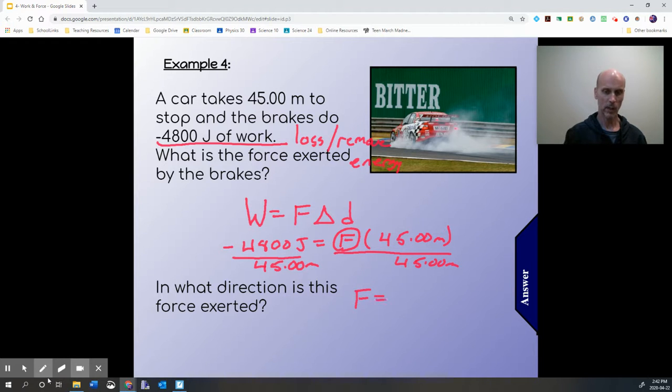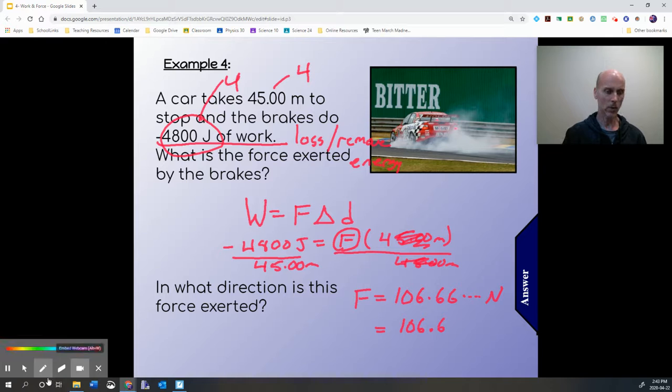The force, when I take these two cancel out, when I take 4,800 divided by 45, my calculator spits out a big, long number, 106.66, etc. And that will be in newtons because it is a force. But we're going to round to the correct number of significant digits. Again, going back, there's 4 significant digits in this value. There's 4 significant digits in this value. So the grand total we can have in our answer is 4. So we can write this